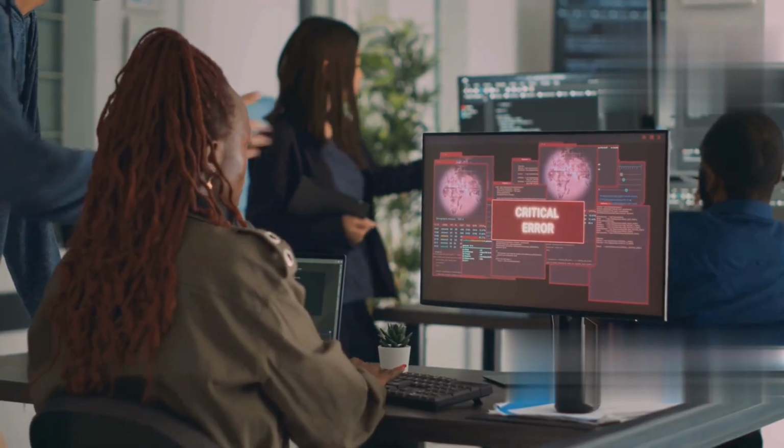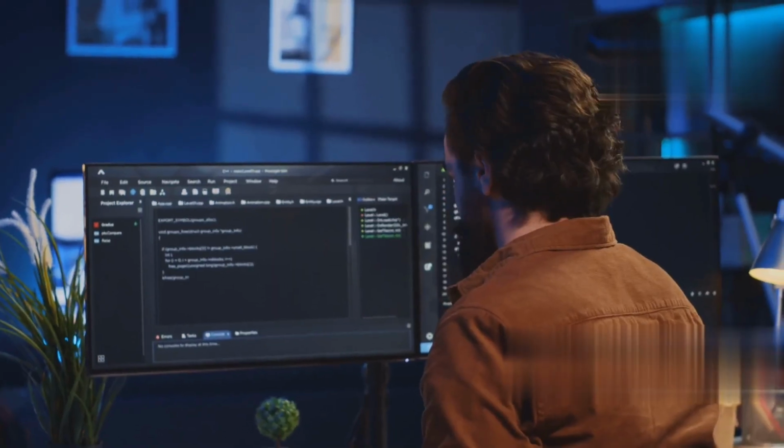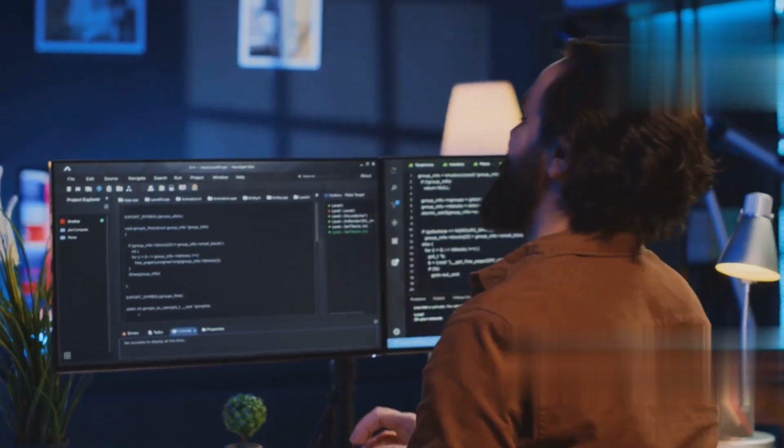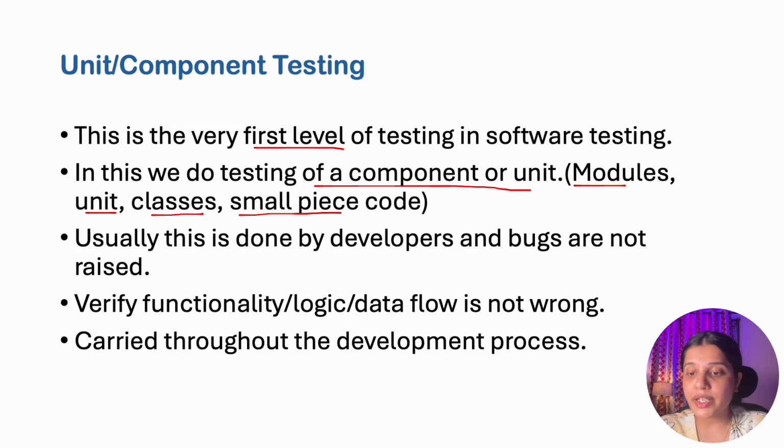So let's assume that the developer wrote the code. How will the developer know whether the code he has written is working or not? So the developer will perform a unit testing or a component testing. Why is it called unit testing? Because here the developer is just testing this small piece of code. The developer is not testing the whole thing. The developer is testing whether the code written for the connection of the system to the database is working fine or not.